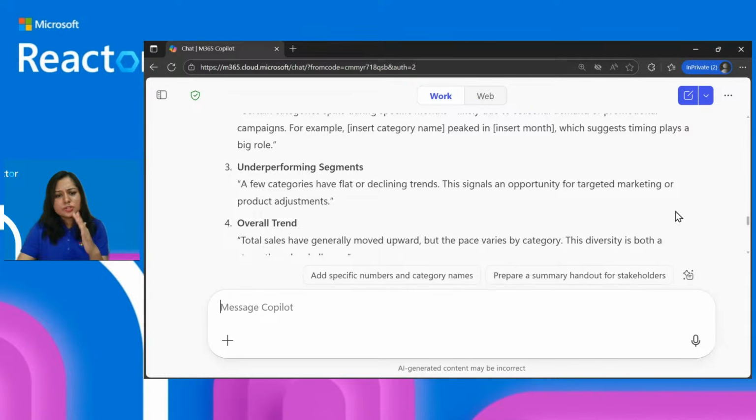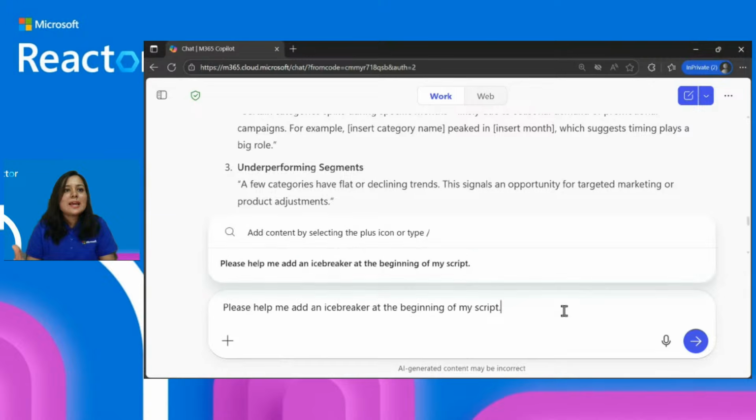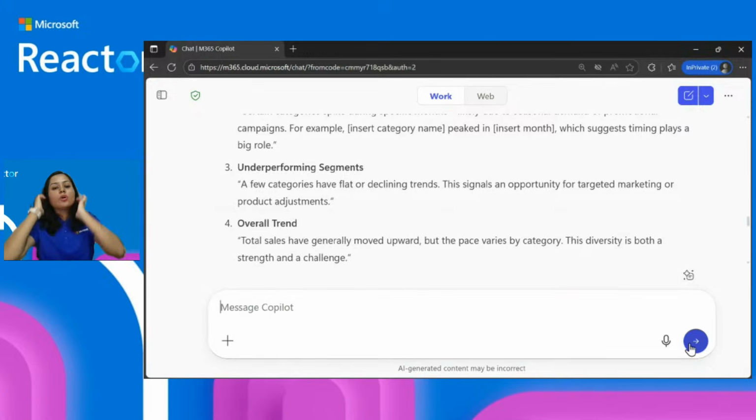Once I'm happy with the speech, the way that it has turned out, let's say I want Copilot chat to help me create an icebreaker, right? So maybe help me create an icebreaker at the beginning of my script, just to make sure that the audience or the meeting is engaging enough. So based on that, what I'm going to do is